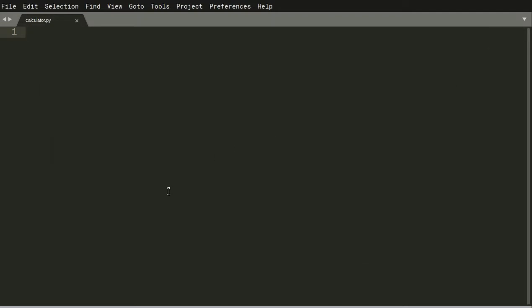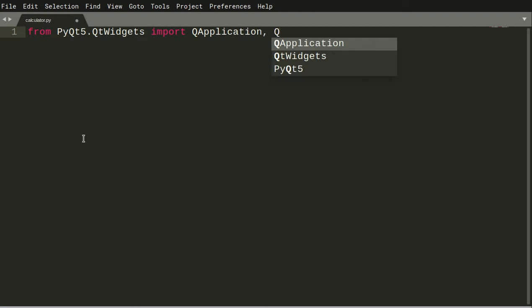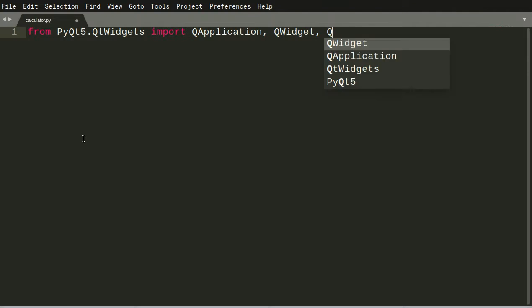Great. So first we need to import things from PyQt5. We need a few classes from PyQt5. So I'm going to say from PyQt5, notice the capitalization, very important, .QtWidgets import. First we need QApplication, then secondly we need QWidget. For managing the widgets, we need QGridLayout